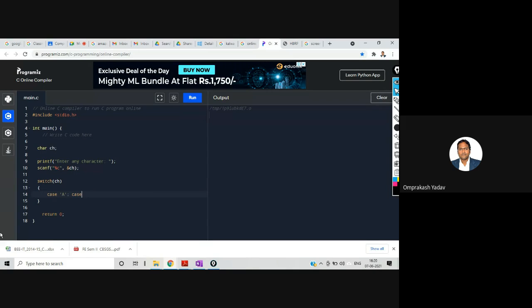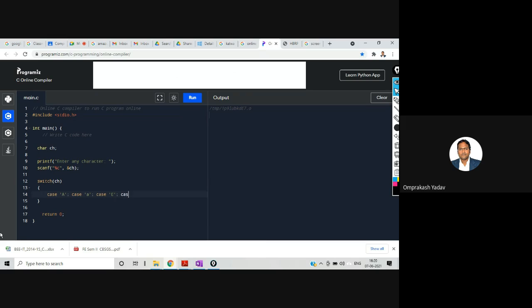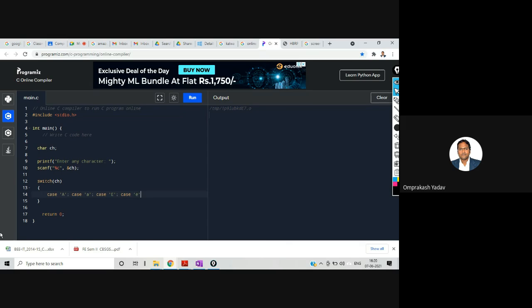Case small a, case capital E, small e, capital I, small i, capital U.